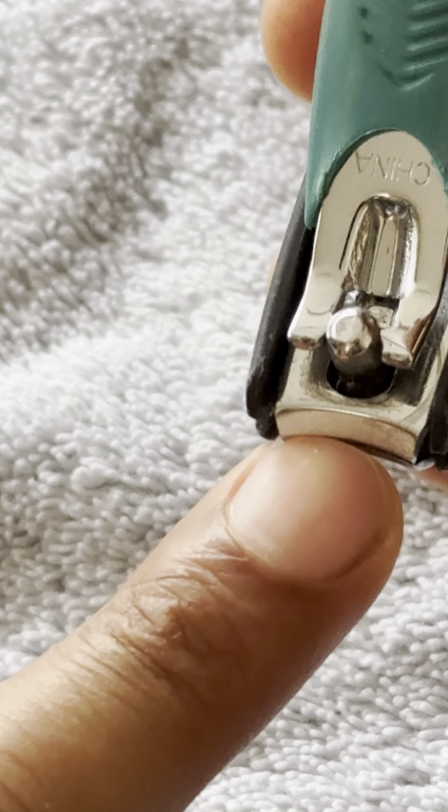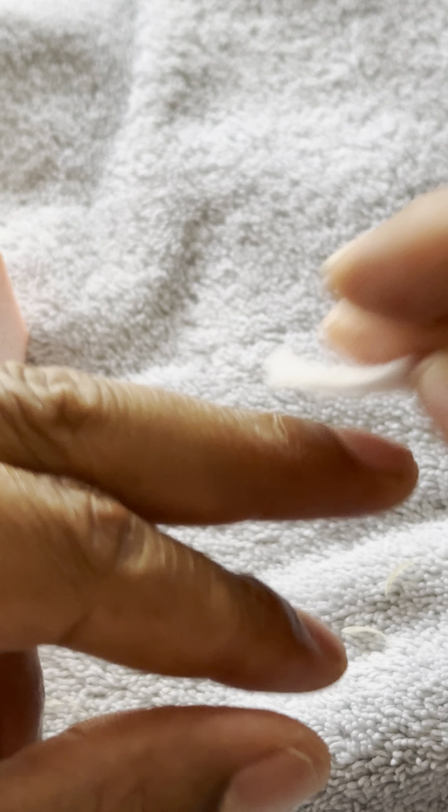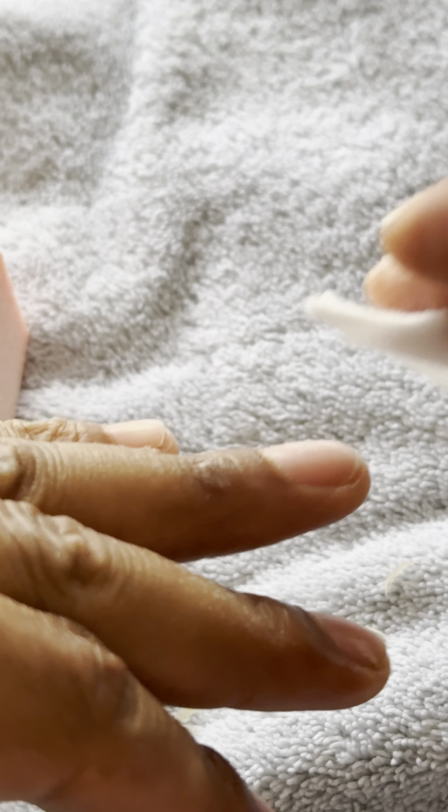Only thing left is to take the alcohol prep pad, open this up, and brush it along my fingernails to make it look like I'm sterilizing them, which I'm really not. I don't think I am, but it looks like I know what I'm doing when I do this. And that is how you clean your nails,